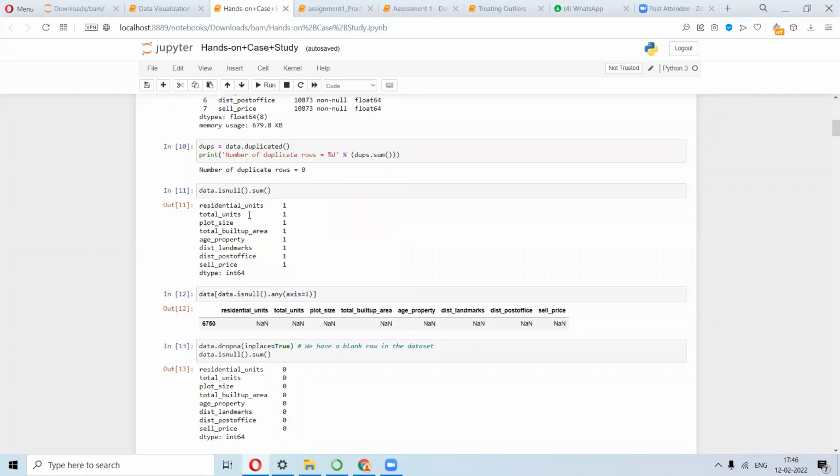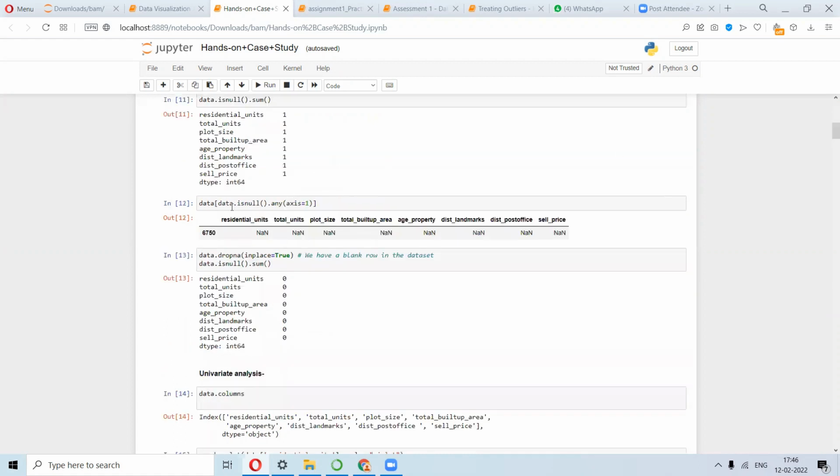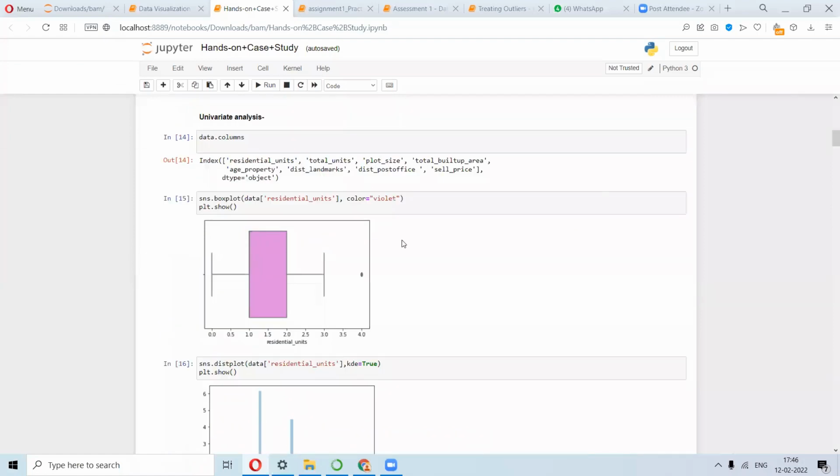So here, you can see that there is a problem with this one. You have isnull().sum(), that gives you whether there is any null values, and you can see that there are a few null values corresponding to each feature, and that you have to identify. For this, you can refer to this one, any, and this gives you the index, right? Where you have all the entries as NaN, and you can just remove that part, and then everything else becomes NaN-free. So this is the univariate analysis.